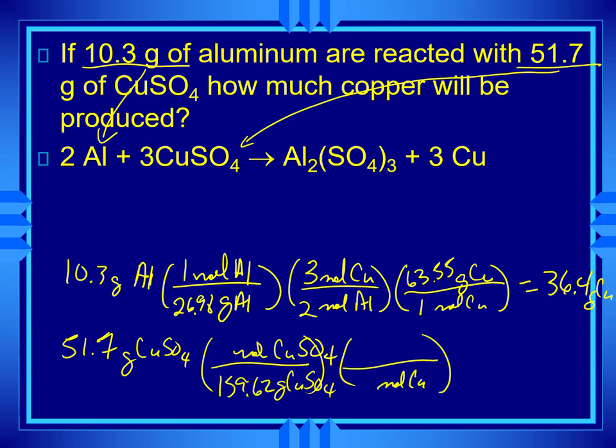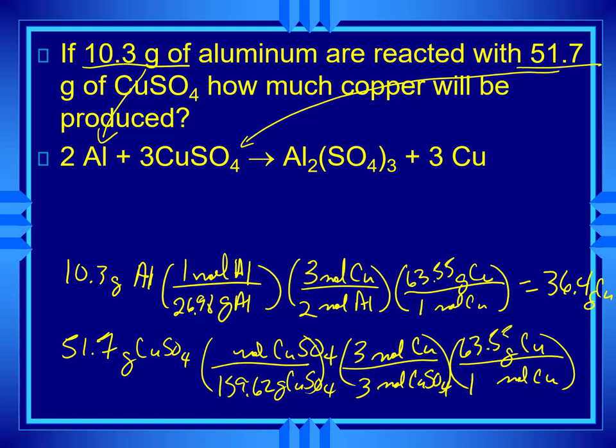I get rid of moles of copper 2 sulfate, change that into moles of copper, the product. That's a 3 and a 3. And then take those moles of copper and change it into grams of copper. 1 mole is 63.55 grams. Push those buttons on your calculator. 51.7 divided by 159.62. I'm not pushing times 3 divided by 3, but times 63.55 gets me